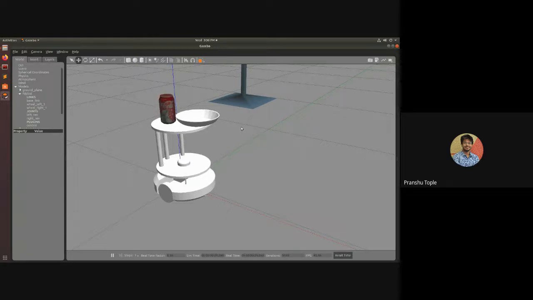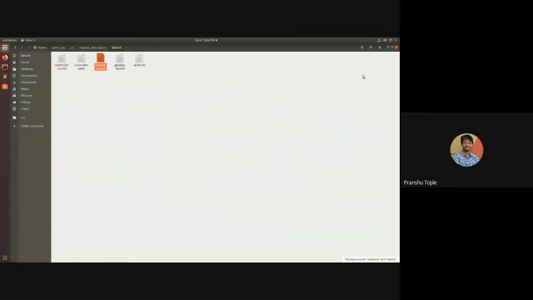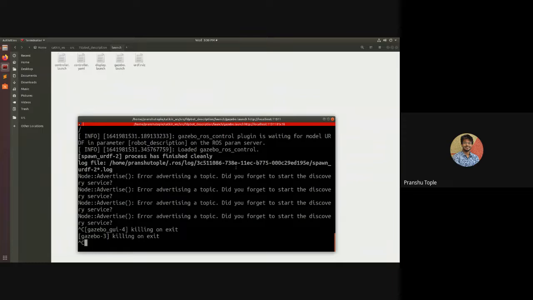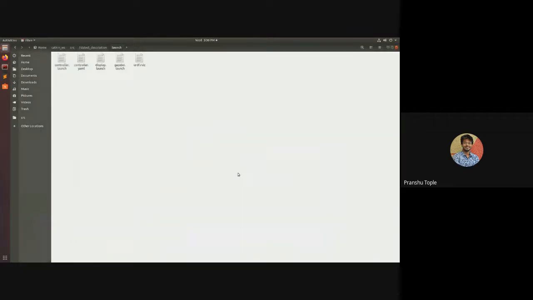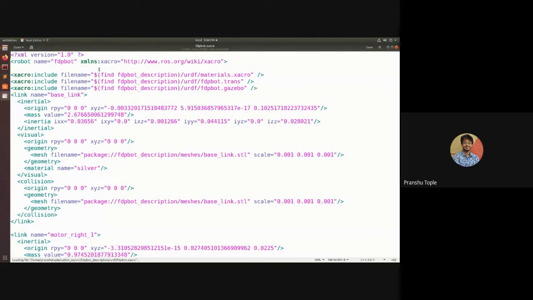Okay, so I will close this simulation. Press Ctrl C. After making the URDF, there are certain changes that you need to make. Change number one: open your package, inside the URDF folder, go into the xacro.